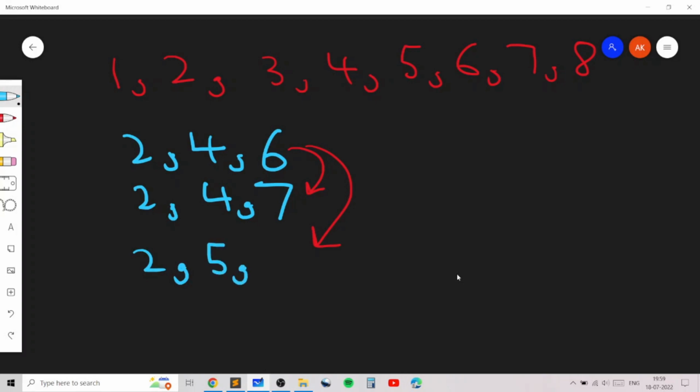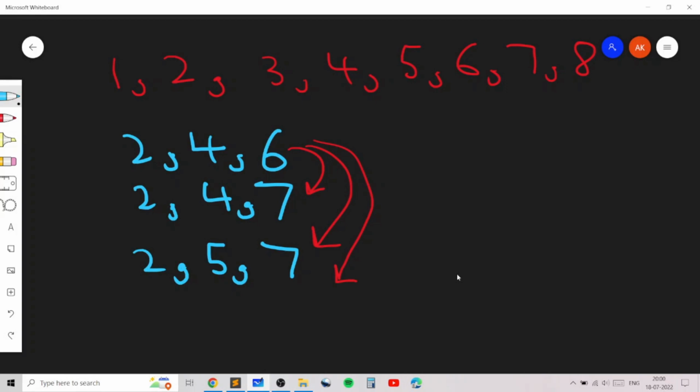And once you make it 5, you need to make the other index as 7 only, because we know that once you make one odd, then the next one also should be odd, because clearly we need to ensure that all the buildings are not adjacent to each other. So all the buildings have a gap of at least 2, and that's why you can't choose 5 and then 6. You should choose 7 after choosing 5. So this would be the third